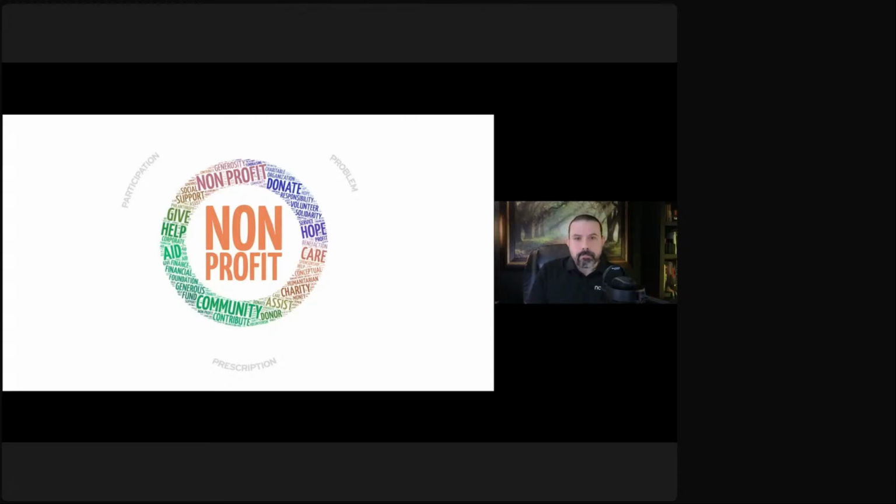The prescription, which is the bottom piece here, this is what you're prescribing as the medicine for that. That's why we call it a prescription. What are the services and the programs that you're proposing that actually address, solve, or serve that issue or problem or cause? Your prescription has to make sense, guys. Your programs, it's not just for the sake of creating programs. One of the mistakes a lot of nonprofits make is they make programs that sound like a good idea to the founder, not that serve the problem. So make sure you're constantly assessing that.